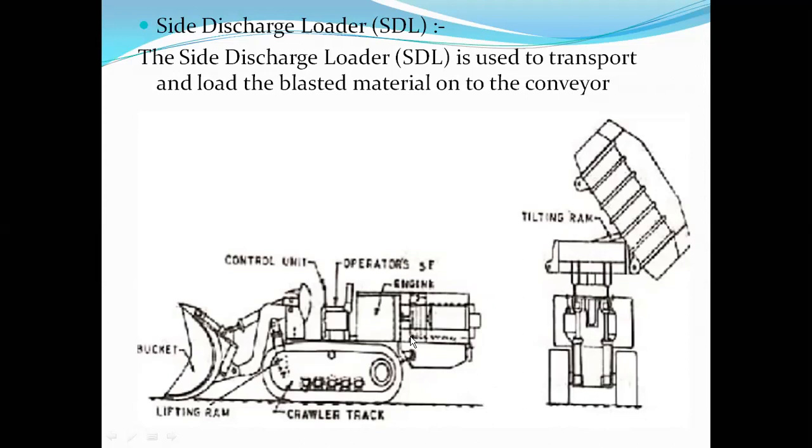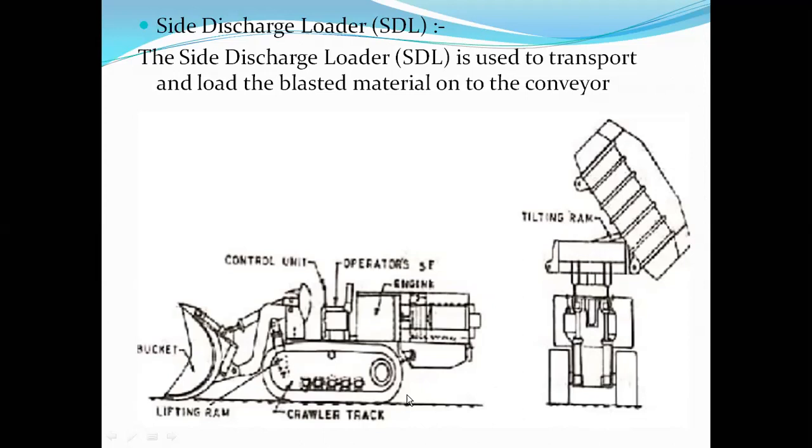In case of LSD, there are two parts: the front frame and the rear frame, and both are joined together by an articulated joint. If you remember, in villages they use tractors, with a trolley attached at the back. If you look at the jointing part, it can negotiate the gradient. It is a flexible one. Even if the tractor takes a 90 degree turn, it can move very easily. That kind of jointing is called the articulated joint or the flexible joint.